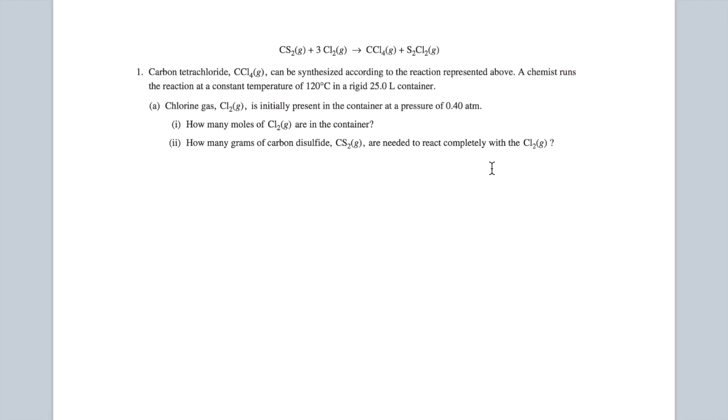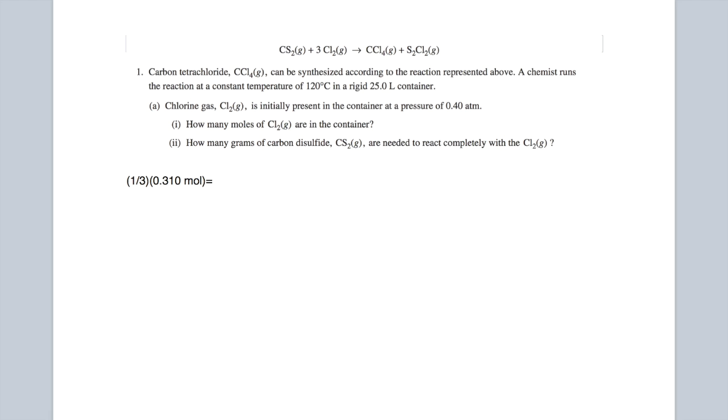The first thing we need to recognize with this question is that for every 1 mole of Cl2, there is only 1/3 mole of CS2, because Cl2 is 3 times the amount of CS2. So we need to use the ratio 1 to 3, and we multiply that by our number of moles of Cl2,